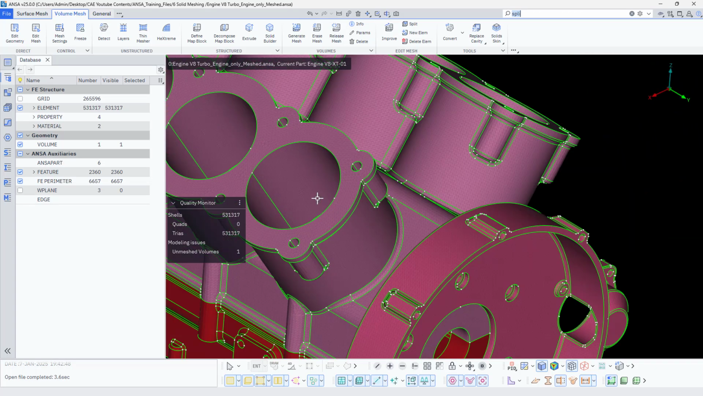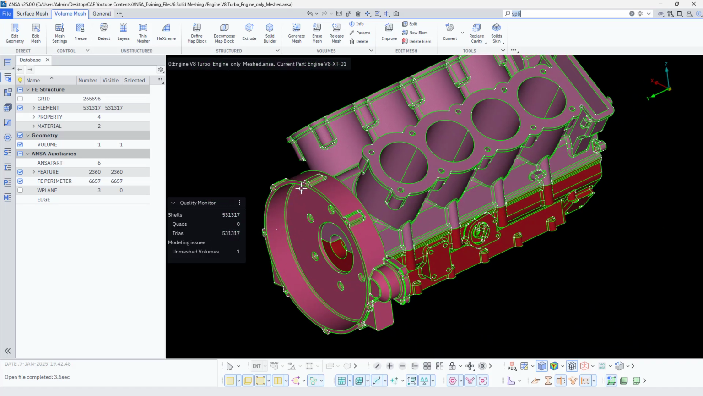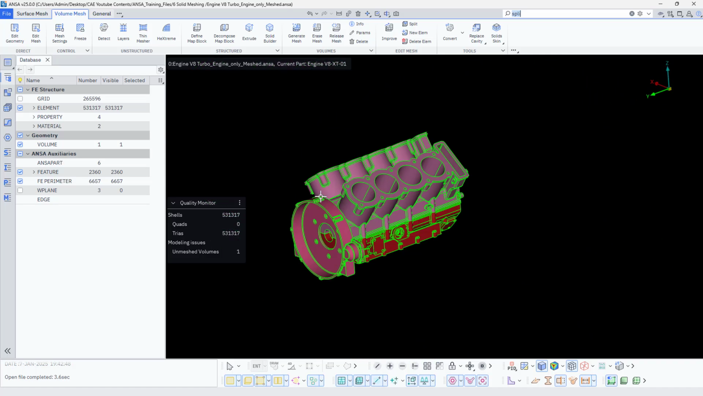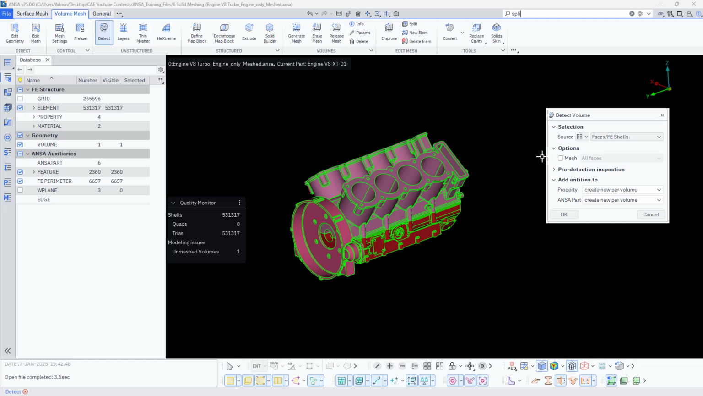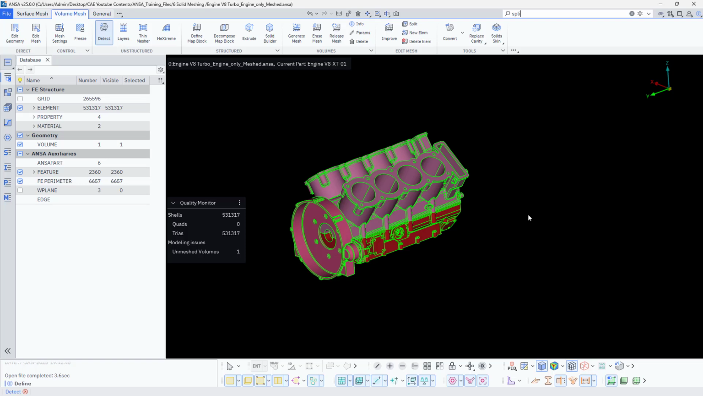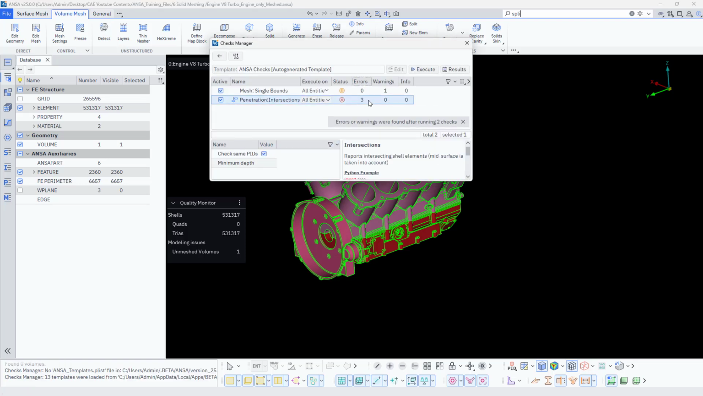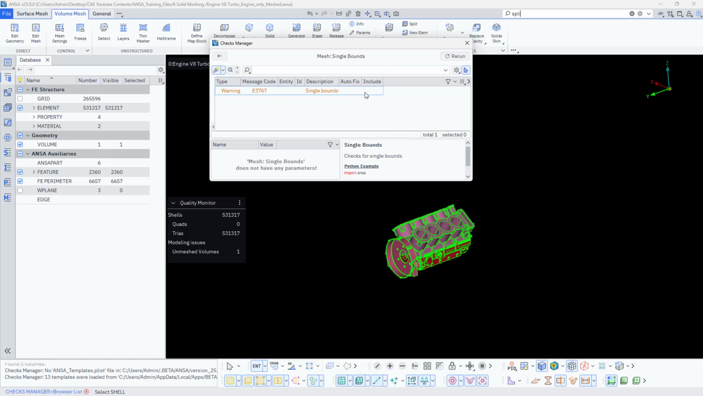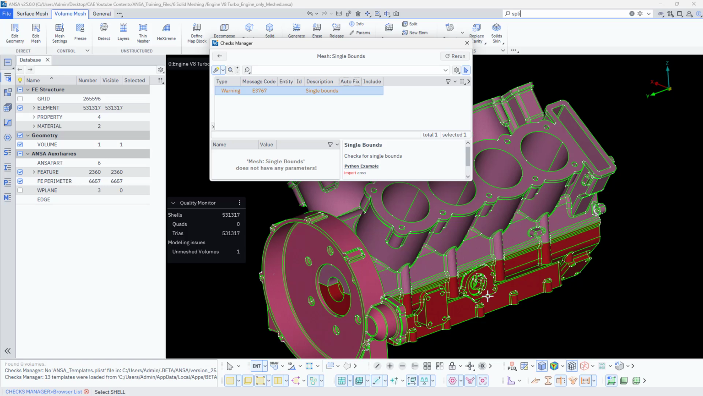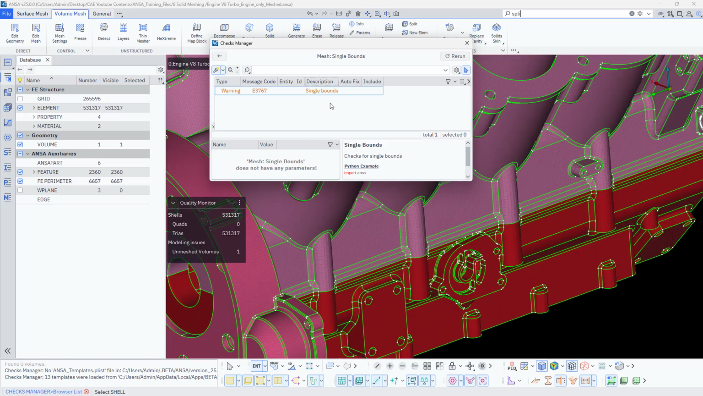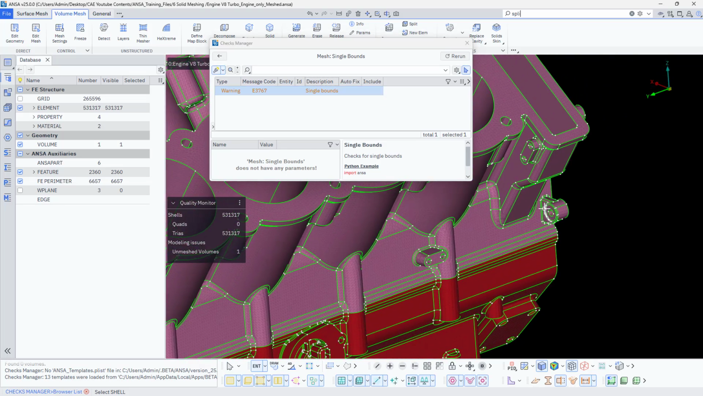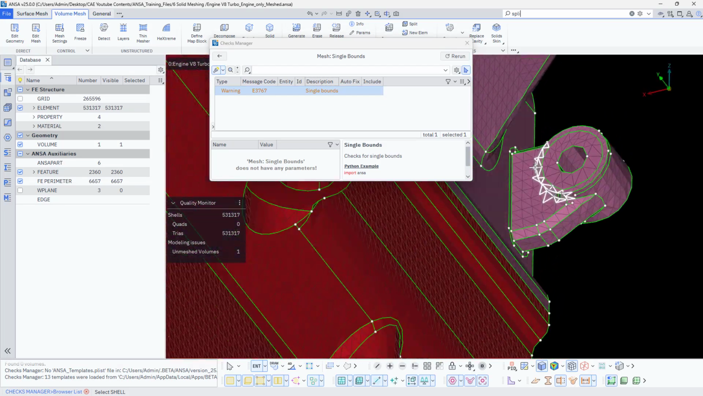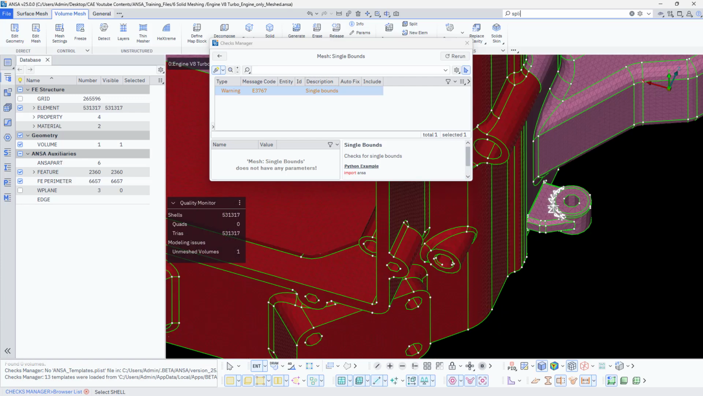Let's try to do the same. This time again you can go to detect, click OK. Let us see, it has these many issues. One is single bound somewhere, so these regions, oh, it is not closed,